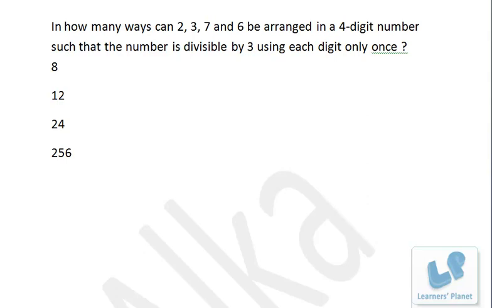So if we add up all the digits, 2 plus 3, 5 plus 7, 12 and 6, 18, right? 18 is divisible by 3. That means in whatever order 2, 3, 7, 6 are written, every number will be divisible by 3, right? Now how many numbers can we make using 2, 3, 7, 6, with every digit used once only? So in all 4 digits are there, so they can be arranged in 4 factorial ways. Now 4 factorial is what? 24. So in all 24 numbers will be divisible by 3 because the sum of the digits will remain the same in whatever order they are written. Okay, so 24 is the correct choice. No need to go for any sort of paperwork. Okay.